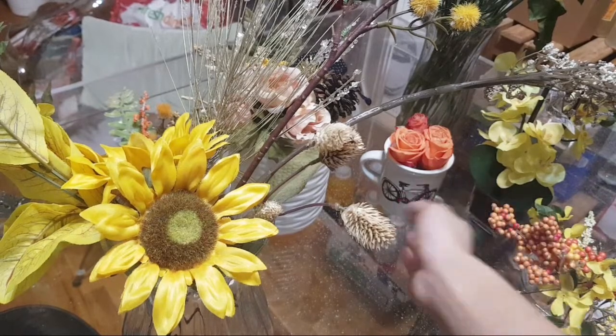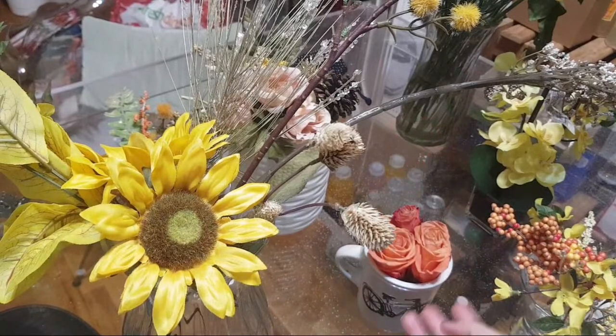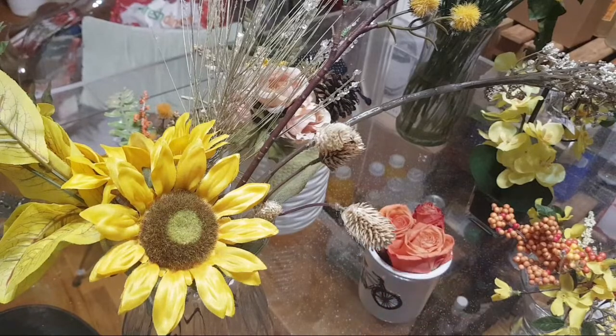Yesterday I picked those things up at my little food distribution thing that I volunteer at. It looked so much better yesterday. You can already see that it's kind of dying. Part of the reason is because I didn't use any flower food. One of the best flower foods that I've heard to use